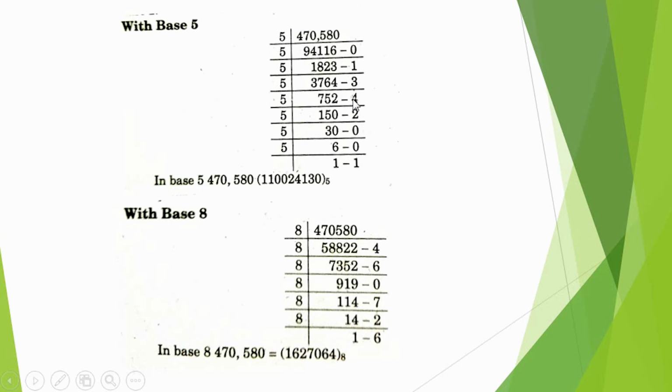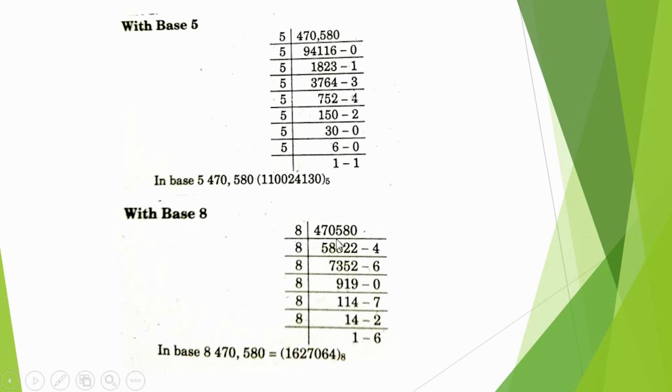Now 5 sevens are 35, 6 becomes 26, 5 fives are 25, 4 becomes 14, 5 twos are 10, 4 becomes carry. 5 ones are 5, 5 becomes 25, 5 fives are 25, 0 and 2 carry. 5 threes are 15, 0 and 0 carry. 5 sixes are 30, 0 carry. 5 ones are 5 and 1 carry.